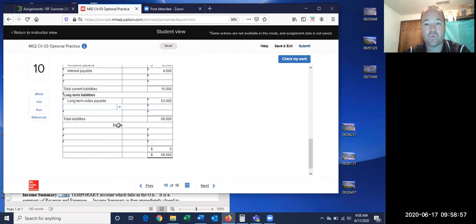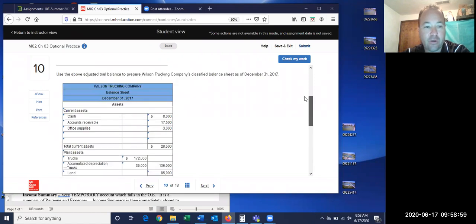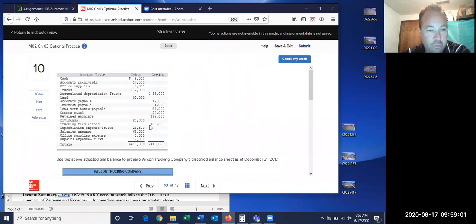The only two things we have left, if I look back up here, if I had this printed out, what I would be doing is checking off or Xing all of these that I have used, and knowing that I used all of these down here in my income statement and statement of retained earnings. I used the dividends, that's done. Revenue's done, expenses are done. Only thing I haven't used is the 20 grand for common stock,